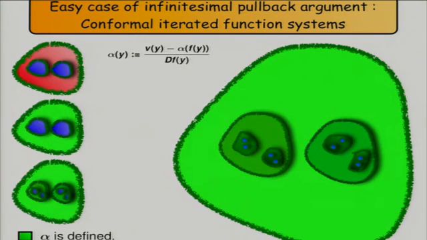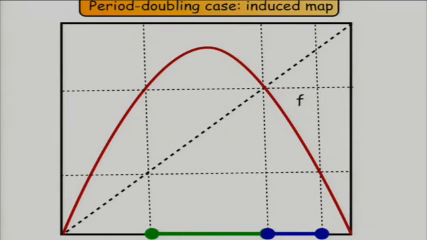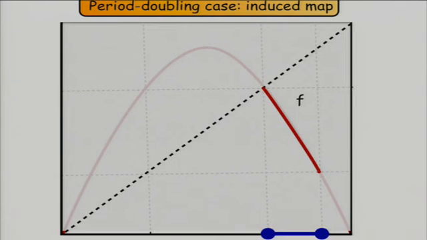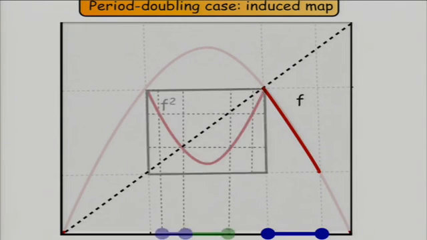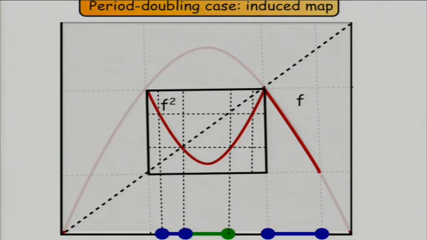Good. So I wanted to use that for period doubling maps. And for period doubling maps, you have critical points. So I wanted to get rid of them. So what I do is define an induced map. I define an induced map like this. In this first interval of renormalization, I define it as F. Inside the other interval of renormalization, I have two intervals in the cycle of renormalization. And I define, in this blue interval, I define,